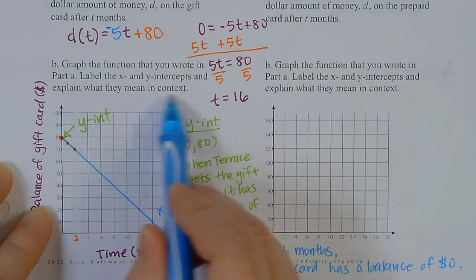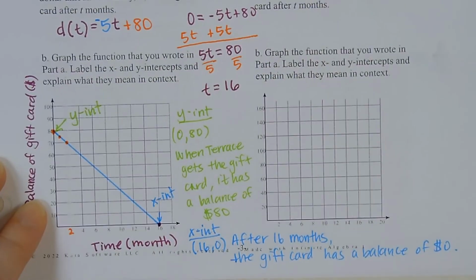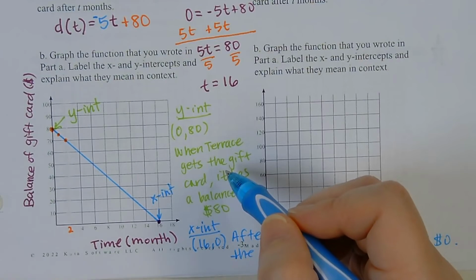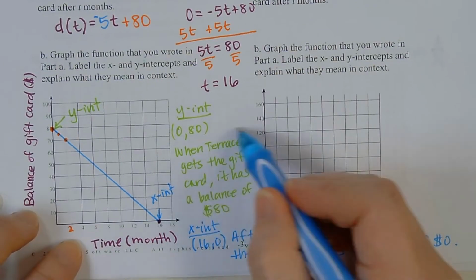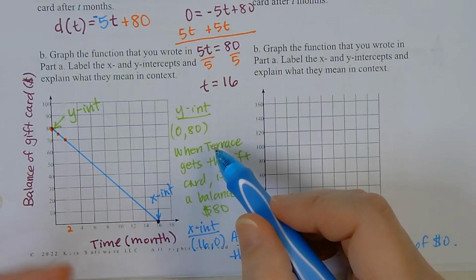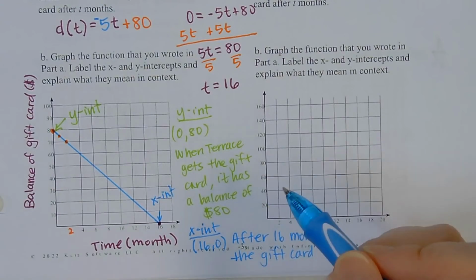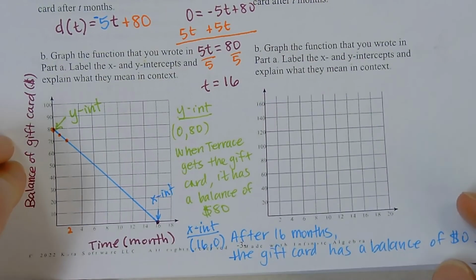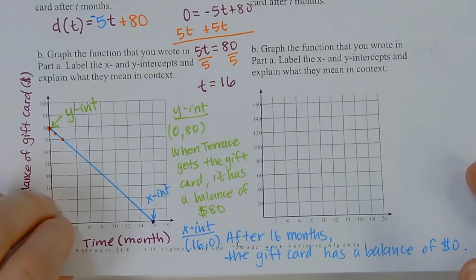Label and explain in context, right? We're not just saying that the y-intercept is the starting point. There's no context in there. You need to put in what the $80 is, the gift card balance, or the amount of money on the gift card. That's fine as well, if you can't figure out the words for that. All right,